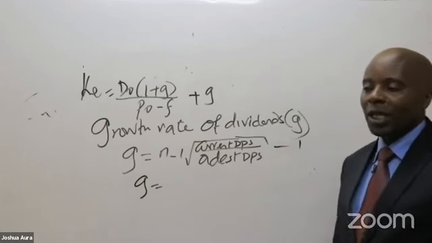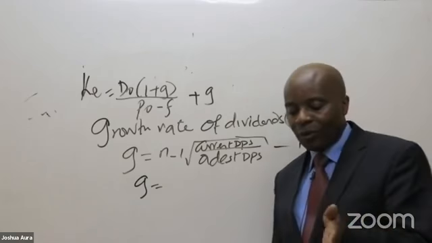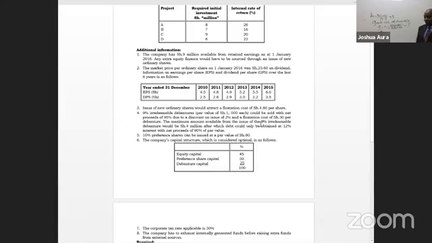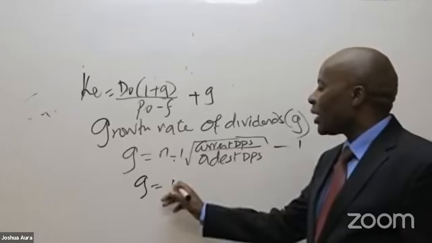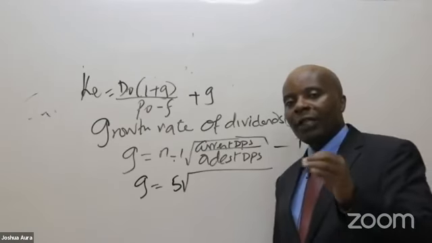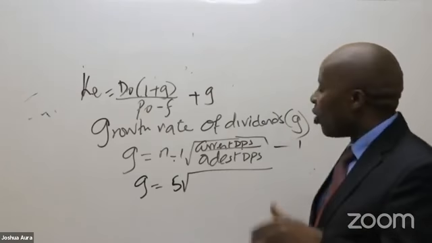So for g, I need first of all to get the number of years. Please count them from 2010. How many years do we have there? 2010, 2011, 2012, 2013, 2014, 2015. 1, 2, 3, 4, 5, 6. So those are 6 years. So you talk of 6 minus 1, meaning that they would want us to give them the 5th root, because of 6 minus 1, the 5th root of the